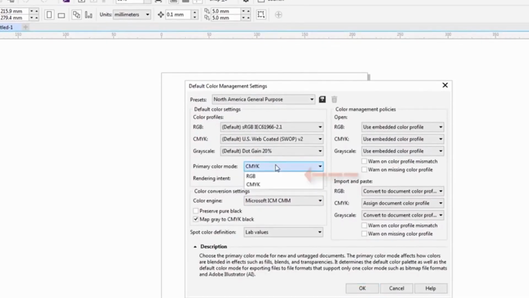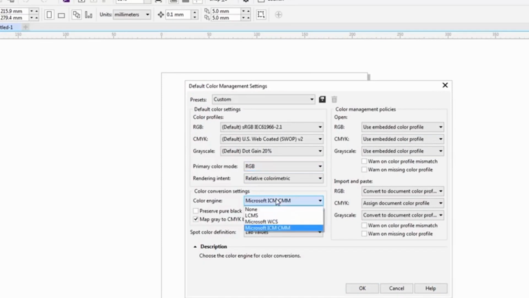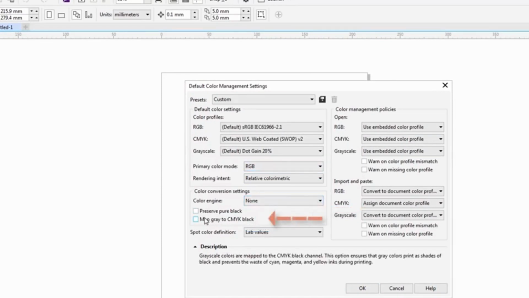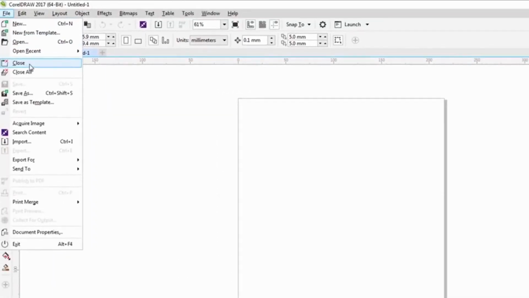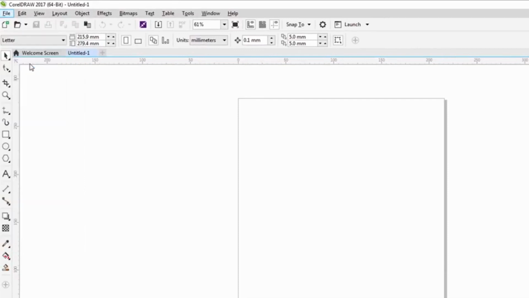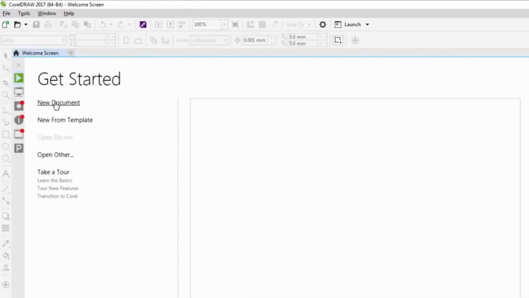Turn your primary color mode to RGB. Our color engine is going to be None. Uncheck Map Gray to CMYK Black, and normally I make the lab values RGB values. Once you're done this, if I click on OK, then our default color space when it's created is now going to be RGB. If I shut this drawing down, and I do a new document,